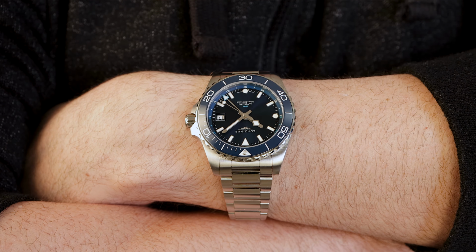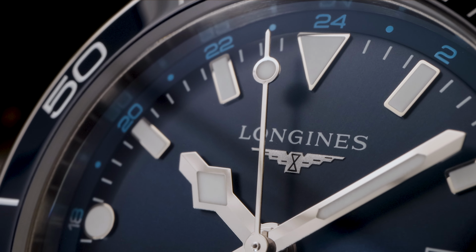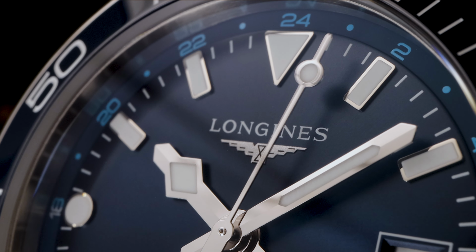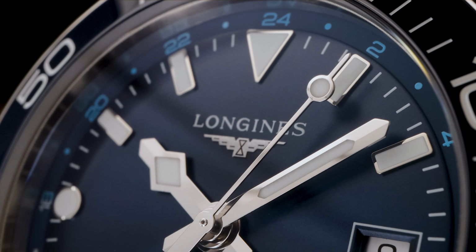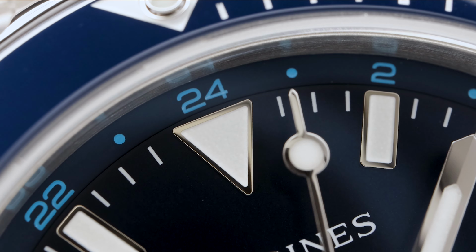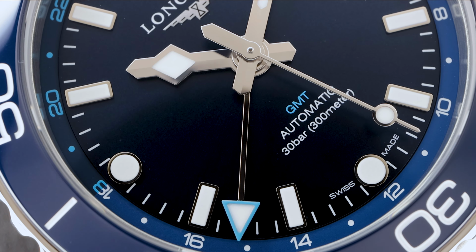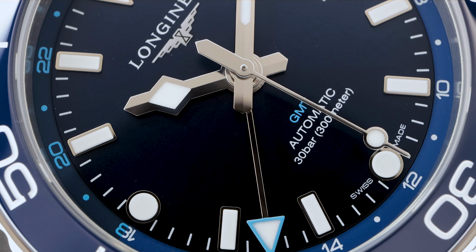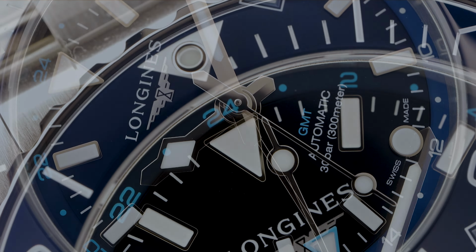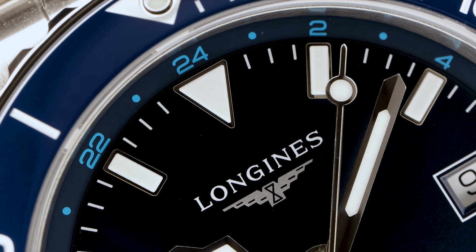Longines makes some of the best blue dials in the world. And this one is a rich midnight blue sunray pattern. We got smooth baton hour markers for everything except the 12, 6, and 9. The 12 is an upside down triangle and the 6 and 9 are circles. It's a clean look, great upgrade over the previous generation, but I would have loved to see the date at 6. It's also got an applied winged hourglass logo under the Longines name and printed white hash marks on the